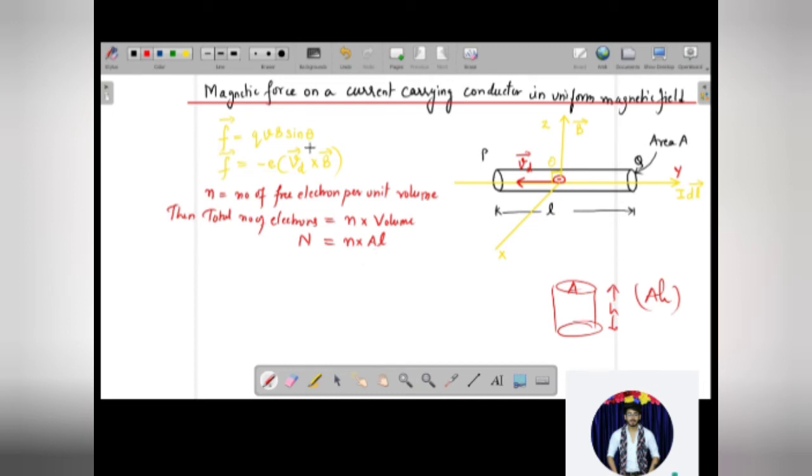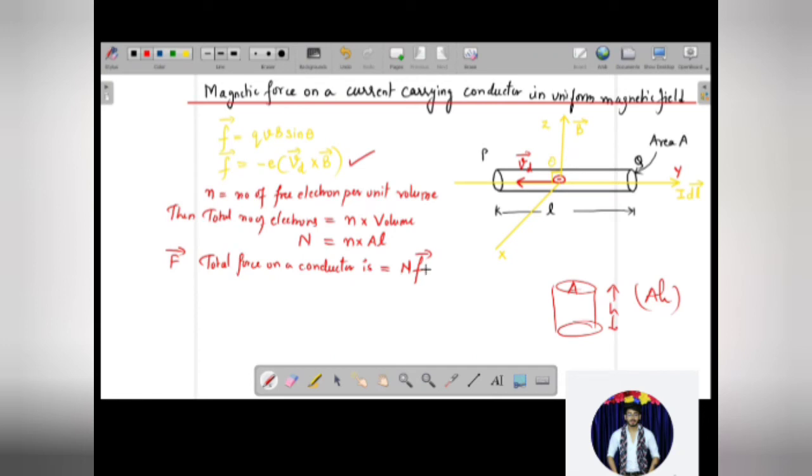So now this was the force acting on one electron. So what will be the total force now? So the total force on a conductor will be the total force acting on all the electrons. So the total force on a conductor will be equal to the total number of electrons multiplied by the force on one electron. That is why I have taken it as small f. Now the total force I will put as capital F. So the total magnetic force acting on a conductor will be equal to how much? The total number of electrons present multiplied by the force acting on one electron.